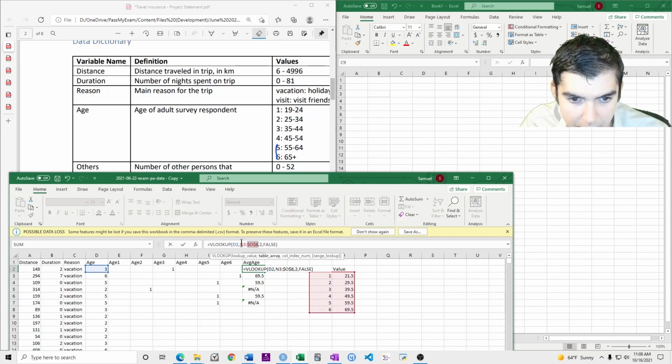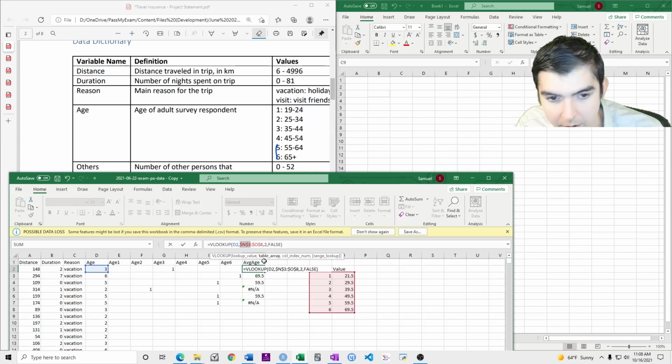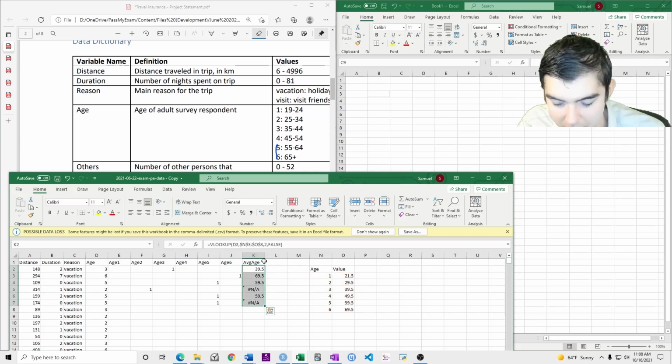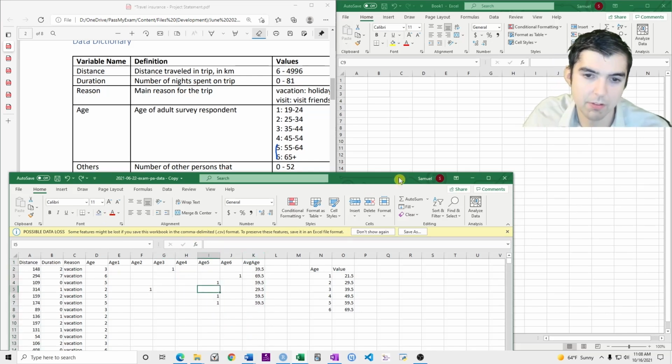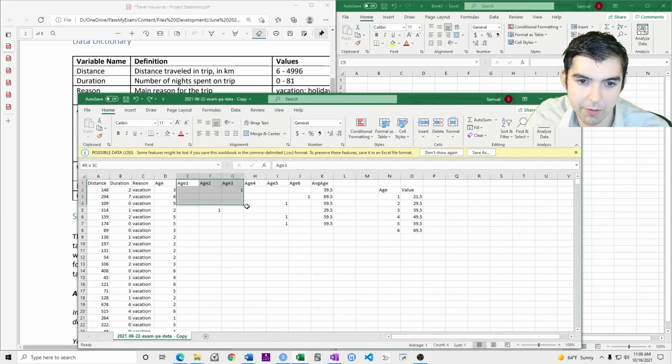So obviously you won't use Excel on the exam. This is just for illustrative purposes. But there you can see what the two, this column or this column. The factor method uses all these dummies, and the average method uses just this one.